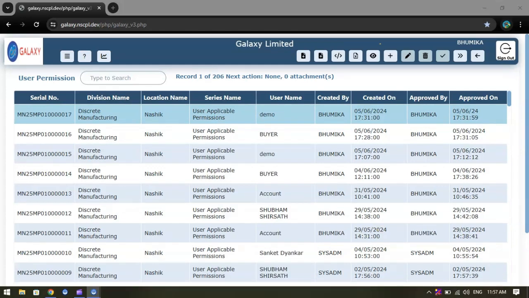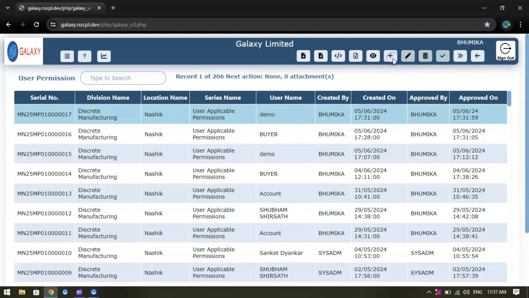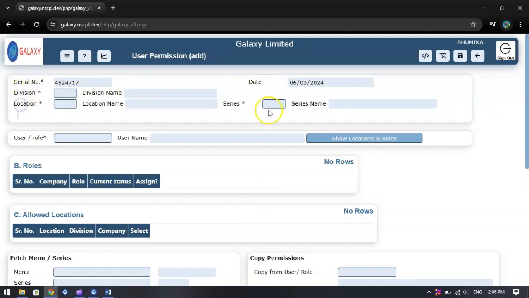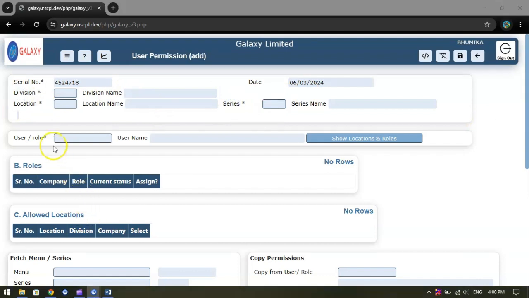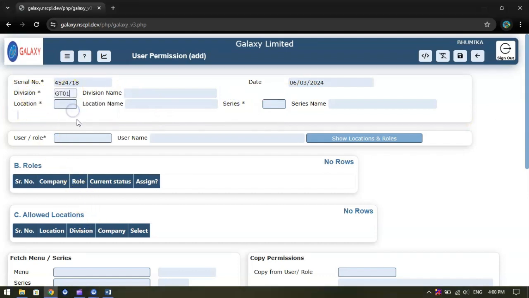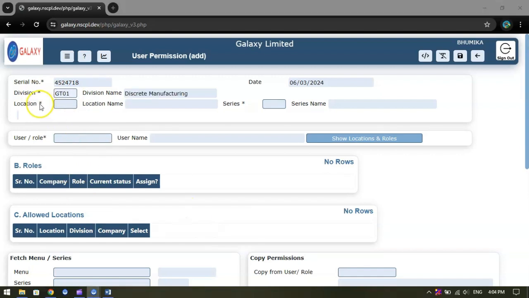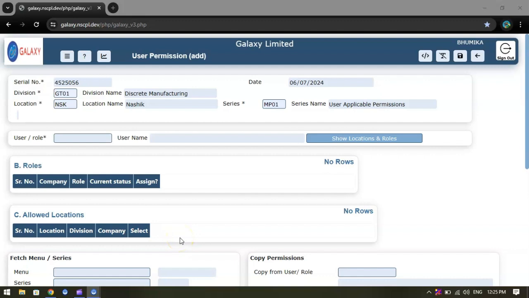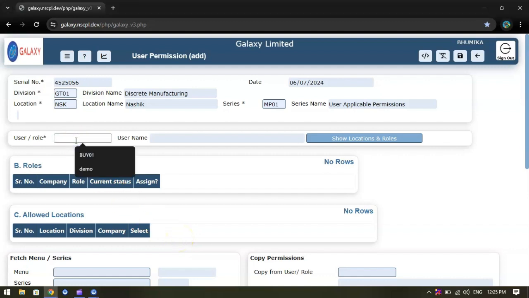Click on the Add button to add a new permission for roles to user. All mandatory columns have an asterisk suffix on the column labels. Add a division with a unique code value. Add a location with a unique code value. Add a series for the user permissions transaction setup as appropriate. We have to create another user permissions entry now which grants the recently created role to a user.